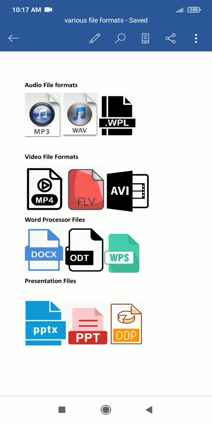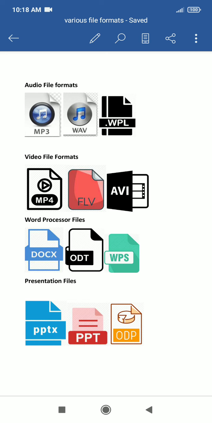So now if someone asked you, what is this .mp3 extension? You have to immediately give a response. Hey, this is actually a file format of audio, not a file format of video or word processor. That's a way of applying a learning. Yes. So update yourself with these various formats.